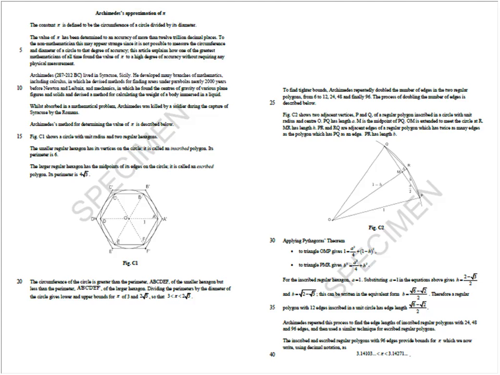What Archimedes does, or what we do in the passage, is we show, in figure C2, how Archimedes does his calculations when you double the number of sides of your polygon. So you go from 6 to 12 to 24 to 48 and so on. And so you have a method that works out how to calculate the